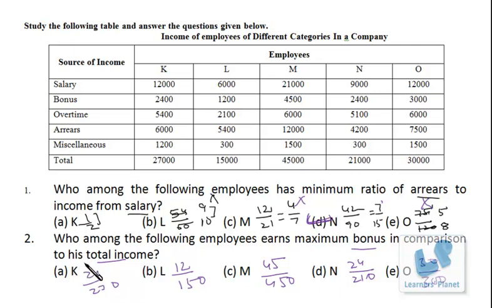No need to calculate. It is less than 1 by 10. It is also less than 1 by 10. It is 1 by 10. It is also 1 by 10, and this is a single option that is greater than 1 by 10, because to make it 1 by 10 we should have in denominator 240, but the denominator is smaller than 240, so that means this data will be greater than 1 by 10. So the maximum value of the fraction among these four is this, right? I hope you are clear.